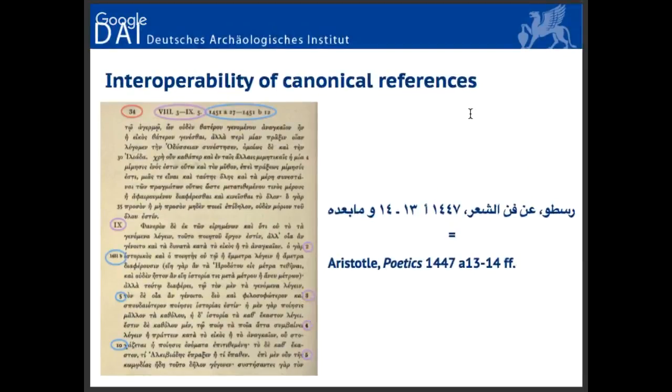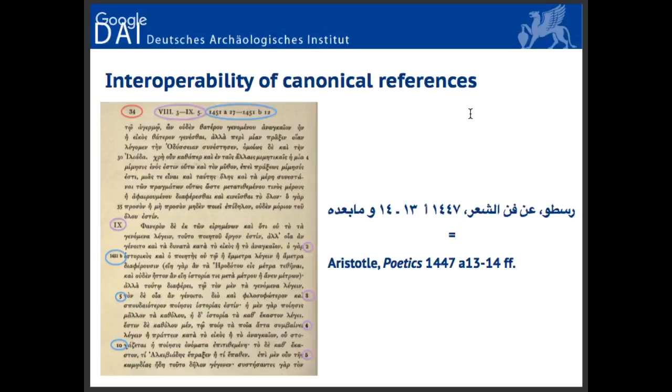The nice thing that I really find exciting about canonical references is how they are interoperable ante litteram, so to say. They are a system that's been developed for the last, well, in the worst case, 300 years, perhaps. And in those 200-300 years, they haven't changed substantially. And not only have they remained stable across time, in different languages, they also work.